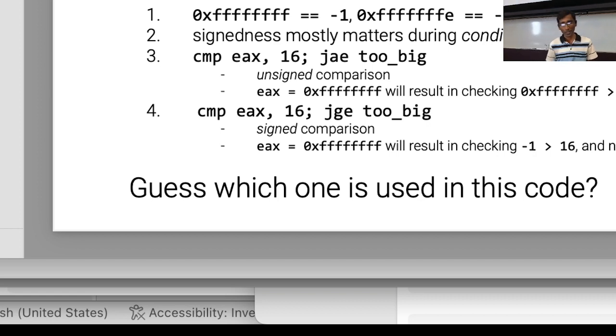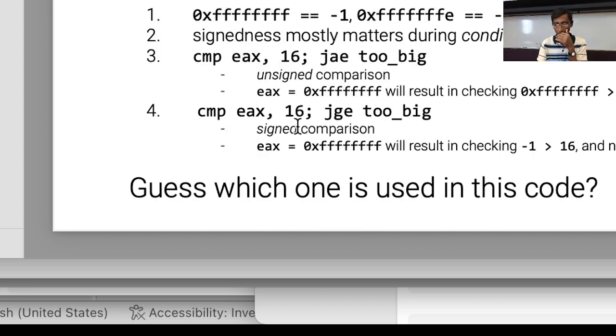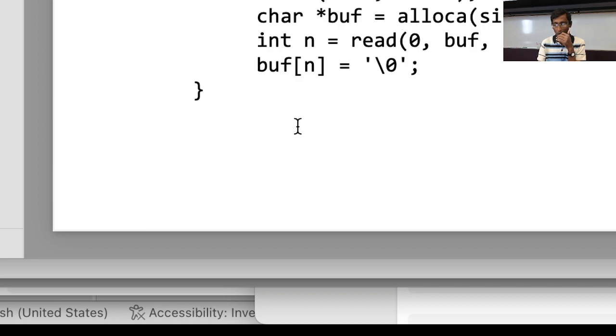And we know that the C language uses two's complement integers, and the comparison will specifically use, for example, in this kind of two comparisons, one would be checking with the signed one and the other would be unsigned one, and this would cause the incorrect mixing up. The same thing can hold for the